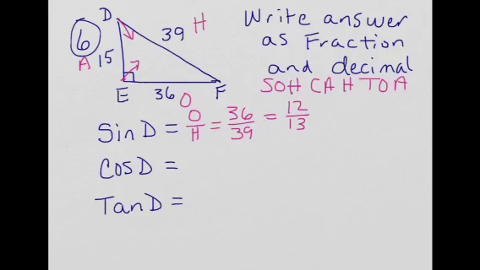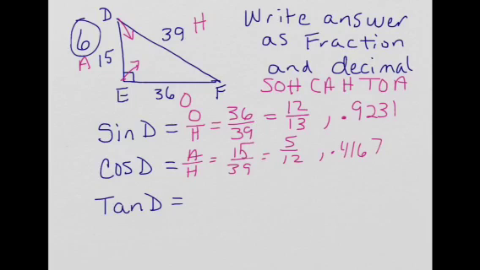Then on our calculator, sine and then put our 12 over 13 in, and we get a 4-digit decimal of 0.9231. Cosine is adjacent over hypotenuse, so our adjacent is going to be 15 over 39. We're going to simplify that to 5 over 13, put that into the calculator, and we're going to get 0.4167. The tangent of D